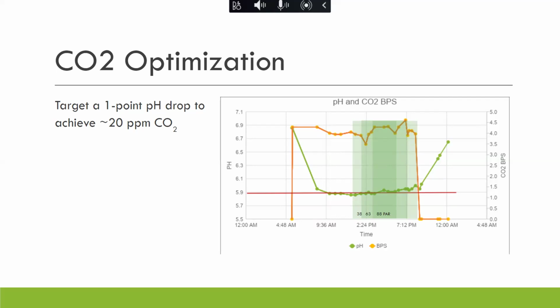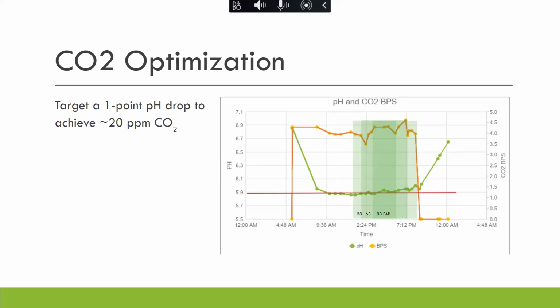But while the plants are photosynthesizing, they are going to be absorbing CO2 as a carbon source and releasing oxygen for your fish. But at night, while your plants are sleeping, they're actually doing the opposite. They are putting CO2 back into the water. So that's also, when you're thinking about optimizing CO2, making sure that you have enough